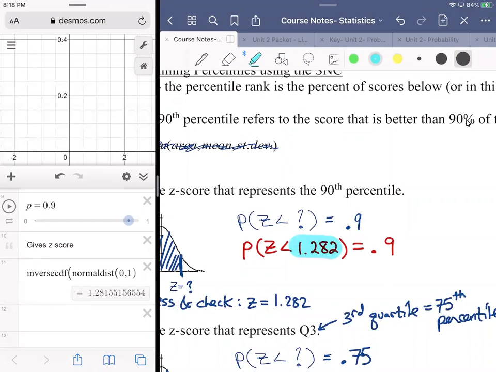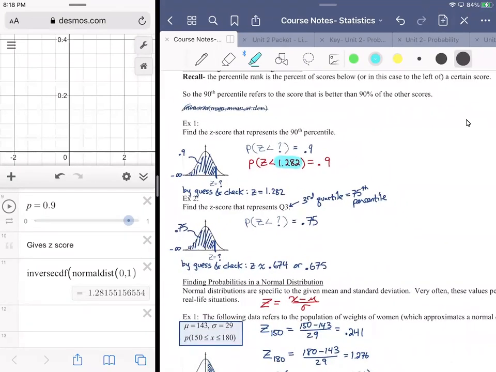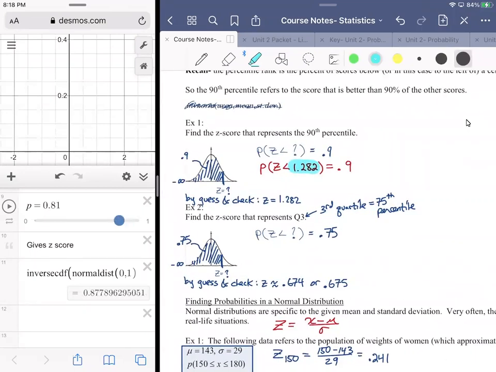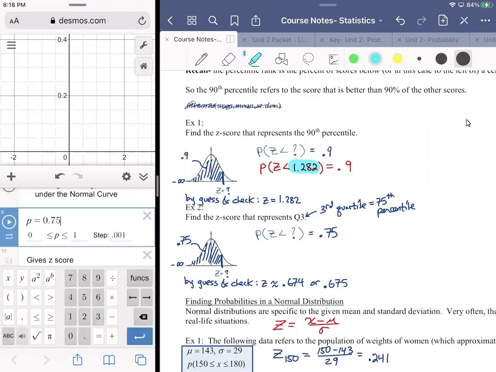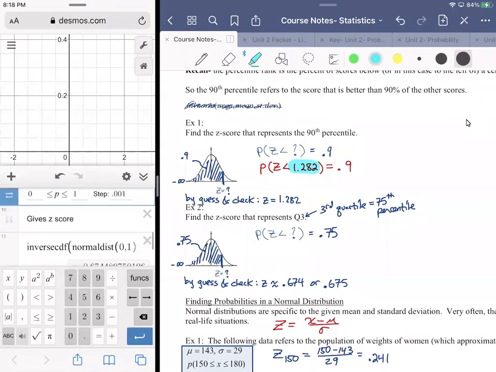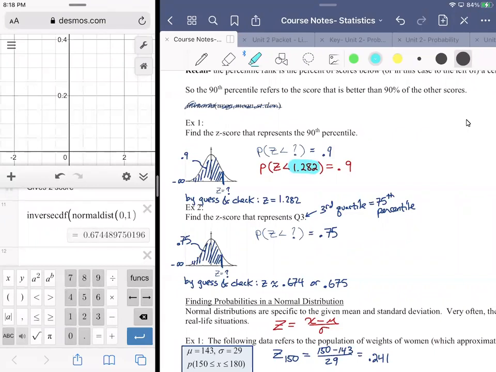Desmos agrees with our guess and check. All right. We do the same thing with a 0.75. Slider onto the 0.75. If you have too much trouble getting there, then you can just type it in, you know, just tap on it and type it in. But for the cleaner values, it's actually pretty easy. So this one ends up being, if we round it appropriately,